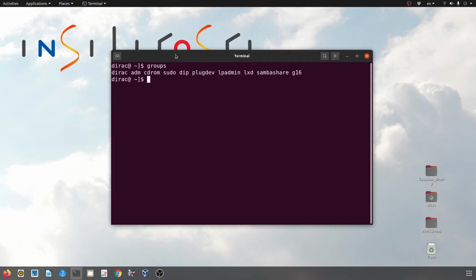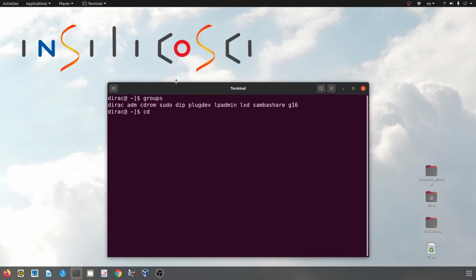Now we can go to the opt folder by this command and set the permissions of the Gaussian just by two commands. Sudo chown -R root:G16 G16.